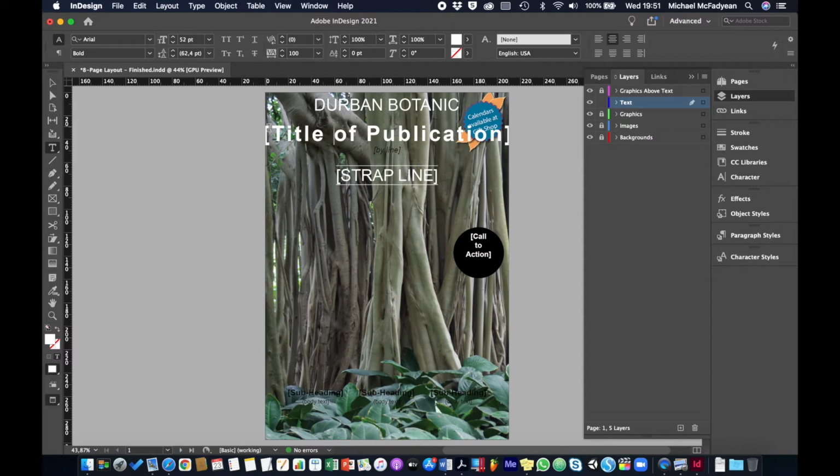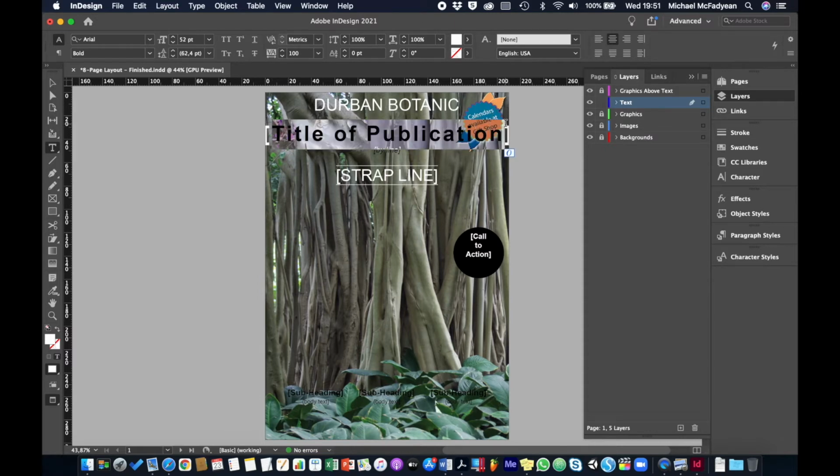So this will be not caps, gardens, and let's just take out the square brackets, and